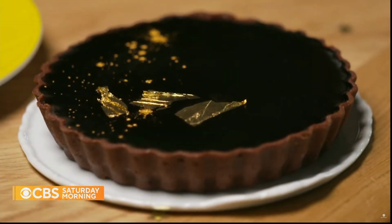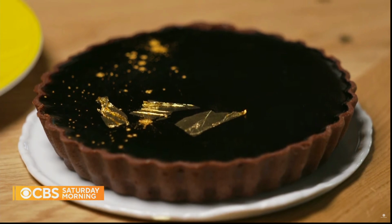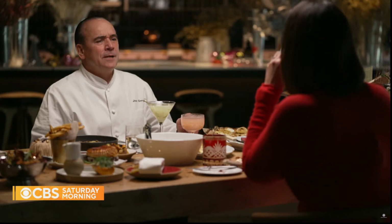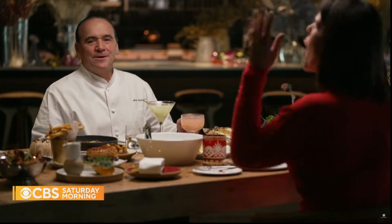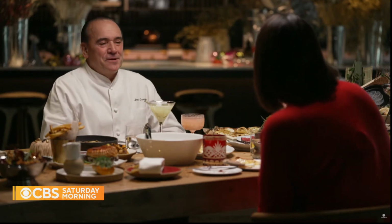It seemed appropriate then that for dessert, Chef served up a chocolate passion fruit tart. How is it? Oh my God, the fruit. See, for me, the last day of the year, it's all about let it go. Indulgence. That's right. All about indulgence. Well, then, you know, you started a new year, so